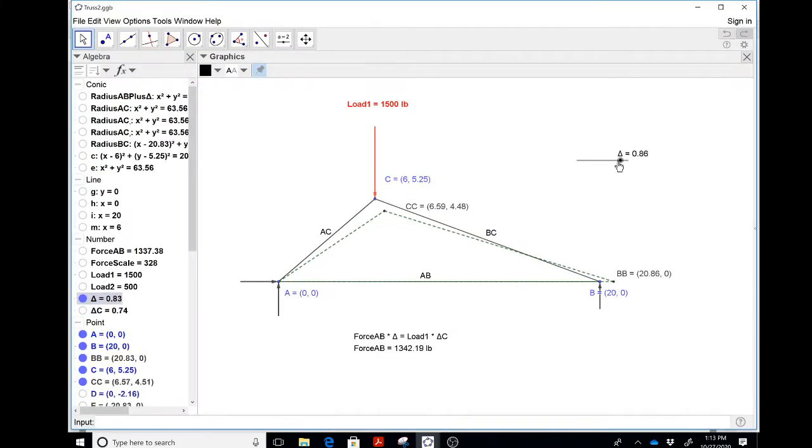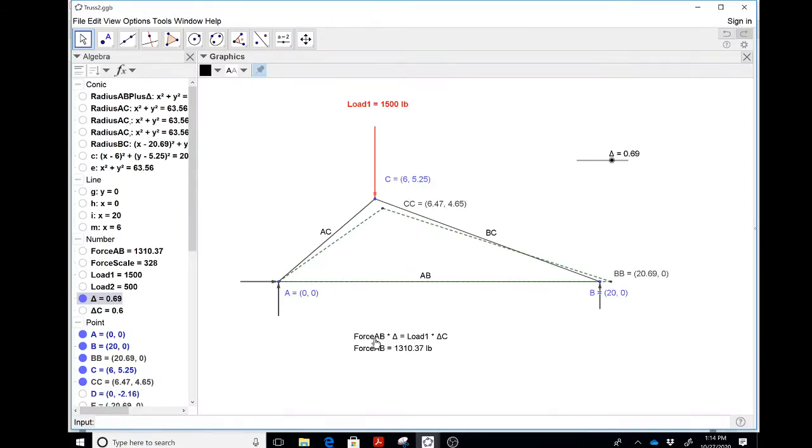If the delta is really small, you could see that the crown doesn't move vertically a lot. If the delta is very big, the crown moves a lot. And I'm only tracking the vertical displacement because work has to be done in the direction of the load. So I have a vertical load. I'm tracking the vertical displacement. So here, the vertical displacement would be 0.91